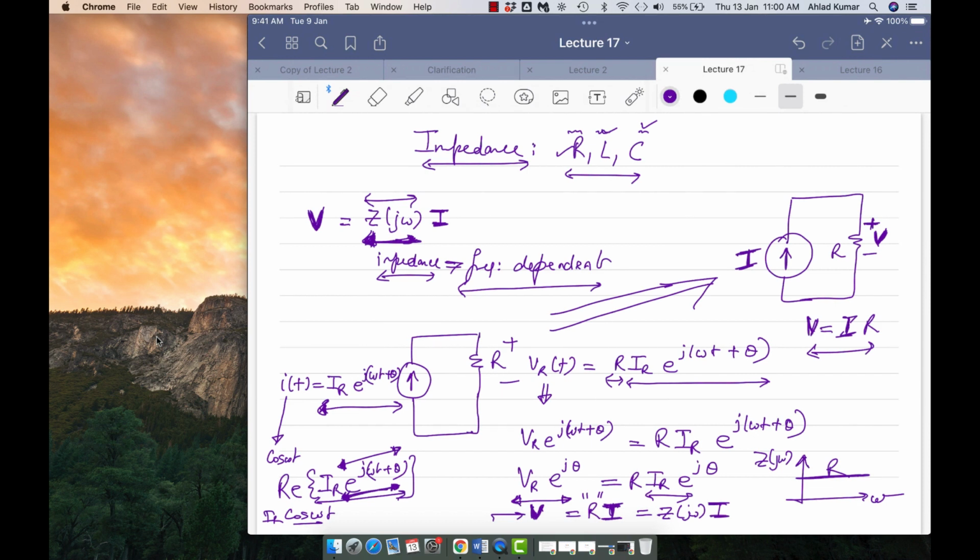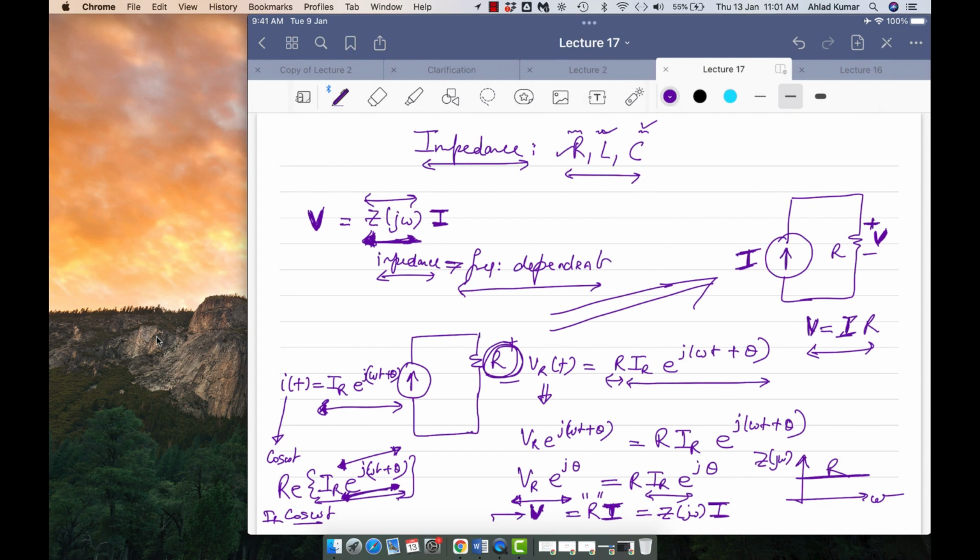But sir, omega is equal to 2 pi f and the frequency is equal to 1 by T. So the impedance is also time dependent. Who said impedance is time dependent? See this resistor. When you have a resistor in the lab, when you are measuring that resistance today, and if you measure that resistance after 5 days, will it change? No, it will not change. So how come it is time dependent then? It is not time dependent.